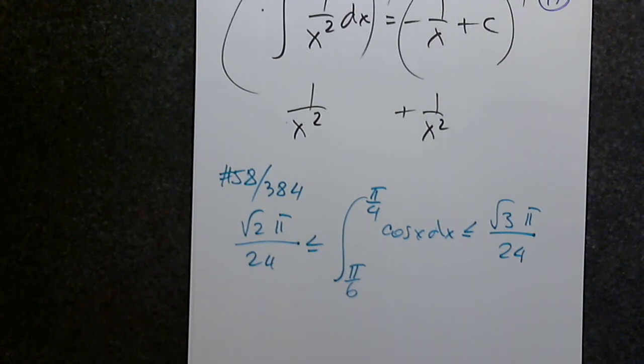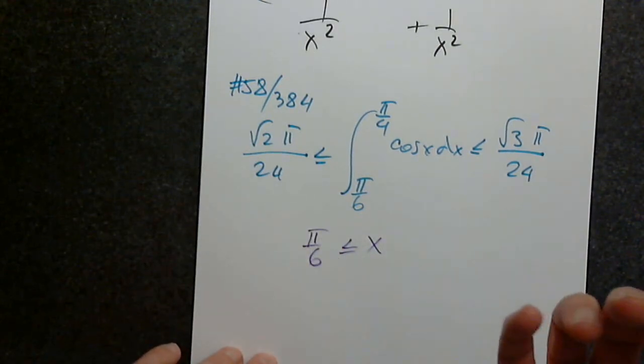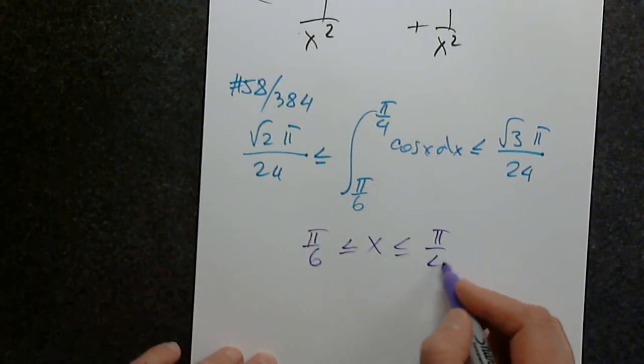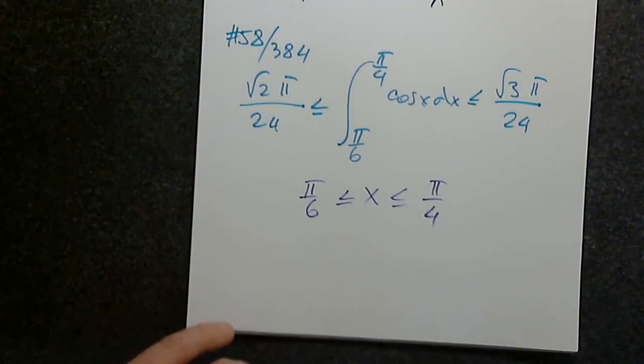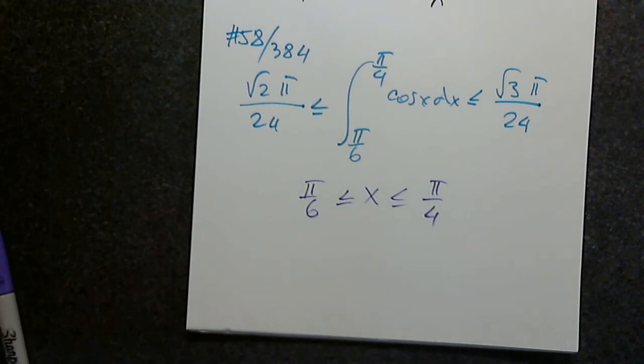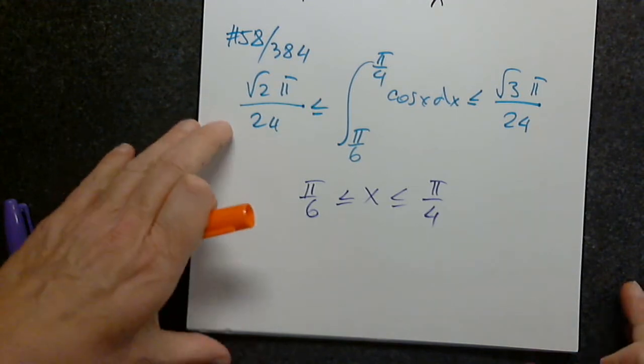Where is my starting point? Always with x, indeed. That's all I know, that x is a number, or an angle, between pi over 6 and pi over 4. But now I have to be very careful. What will be my next step? My next step is to apply what to all three sides? Right, but I can't, not before some analysis. Exactly, because cosine is a decreasing function.